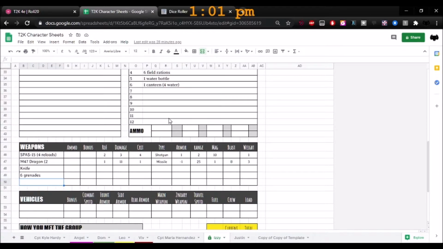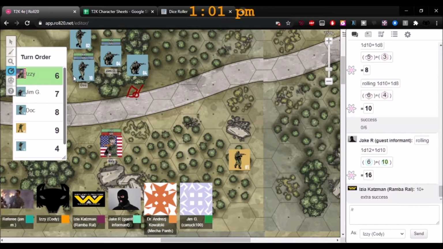My rate of fire is 2. So you can choose to essentially empty your magazine at him. Because of the rate of fire, you get to choose how many D6s you roll for ammo dice, and you would roll 2 D6 if you wanted to empty your shotgun at him, basically. Yeah, I'll try that. Why not? Okay.